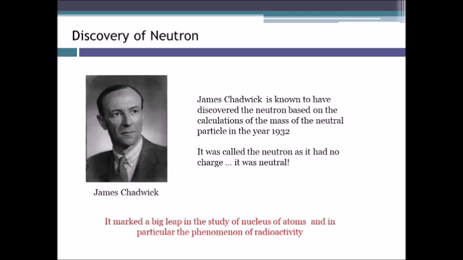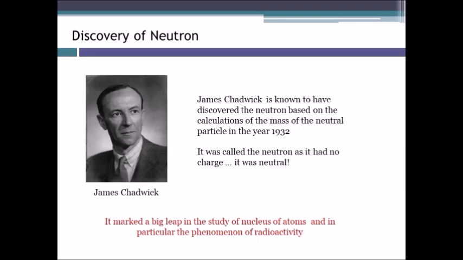This he did mainly based on the calculations of the mass of the neutral particle. He called those neutral particles neutrons, as they had no charge, they were neutral. And the discovery of the neutron marked a big leap in the study of the nucleus of atoms,